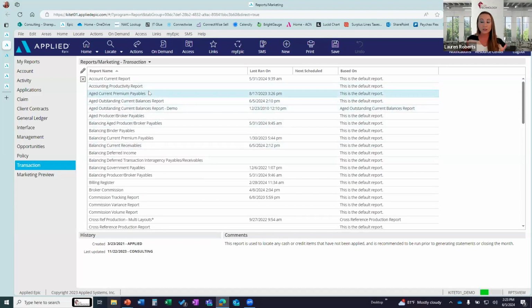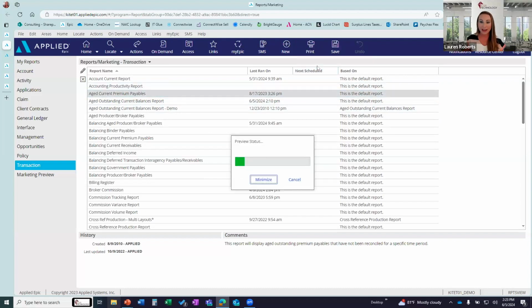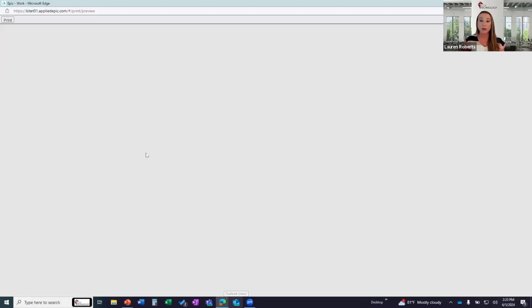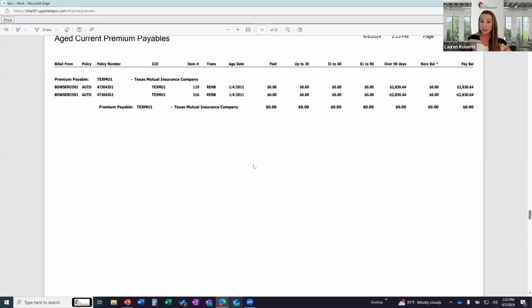This one is another one that you can run just with the default criteria, again, unless you're reviewing backwards or forwards at some point. But typically we just run this one on a regular basis to see what it looks like. And of course, to stay on top of those items that may be due to the carrier or broker. You want to make sure that if you've received money from the client, that you're paying that back out to the carrier, or if you've received money from the carrier, that you've paid that back out to the client. So this will show by carrier or broker, by premium payable entity,